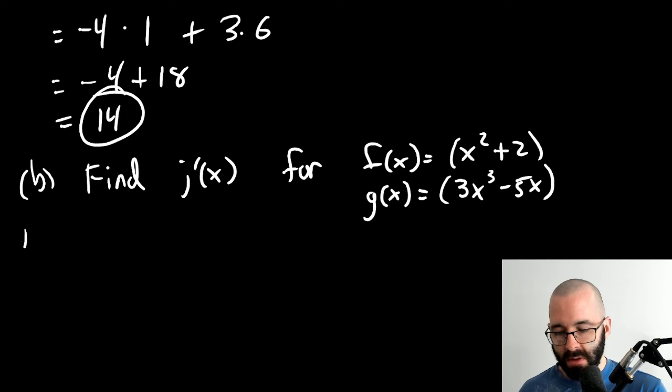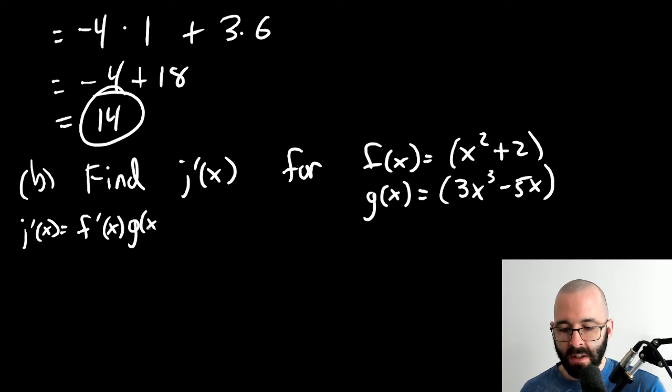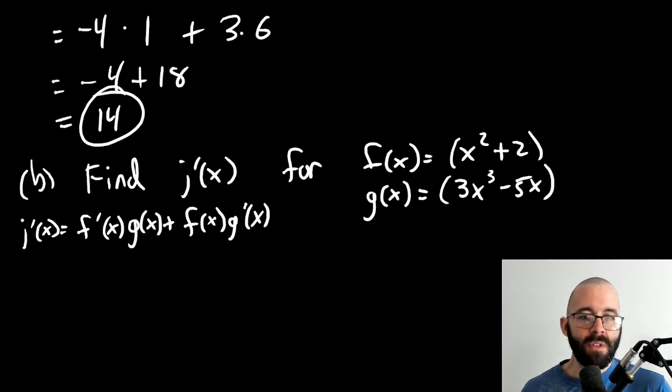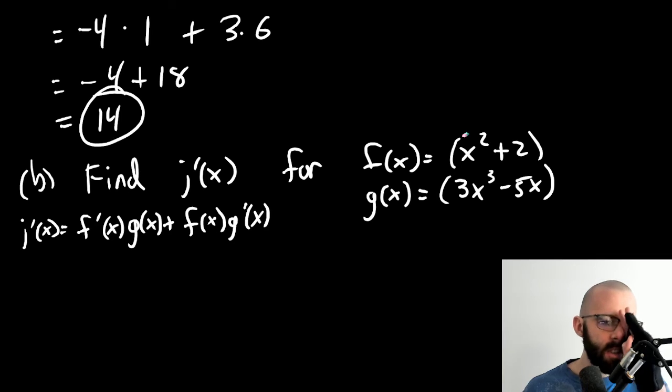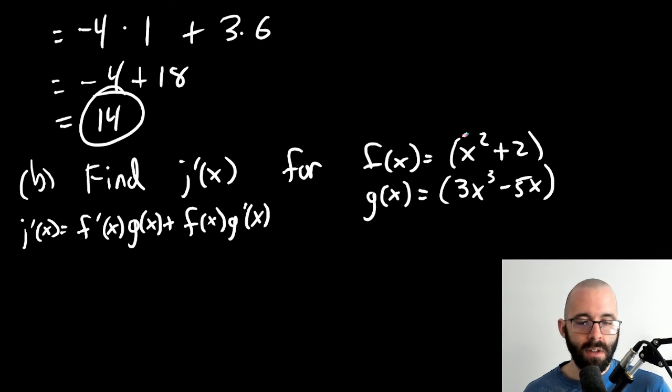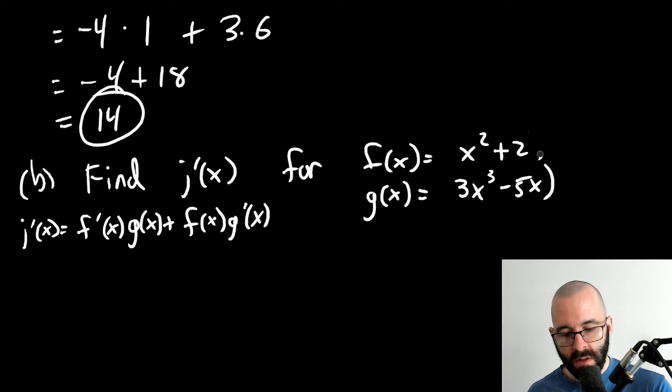We use the product rule, right? j prime of x is f prime times g plus f times g prime. So all we have to do is evaluate these derivatives. And these parentheses aren't necessary here. Parentheses are only necessary when you have like multiplication and other more complicated operations. But if you just have addition,